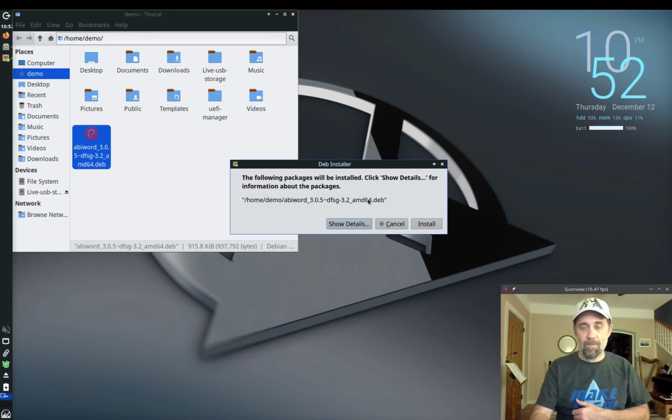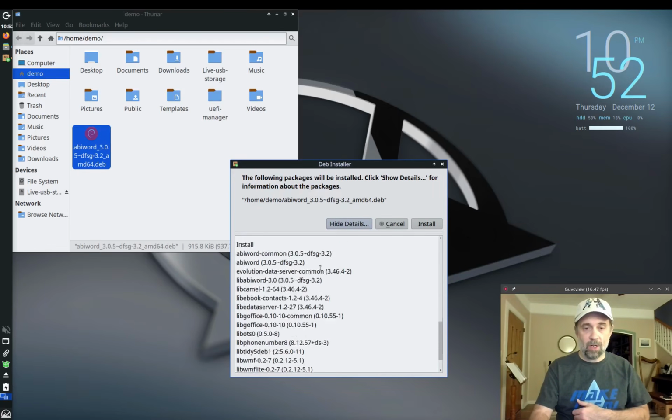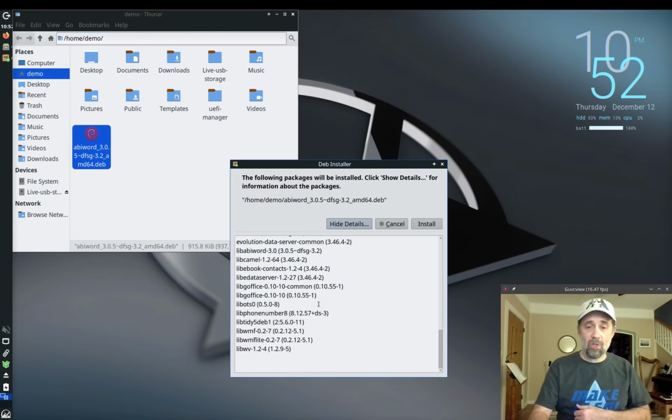It'll tell you what deb file is going to be installed. You click a button, and it's going to show you some details about the package and all the dependencies that are going to get installed as part of it. Occasionally you'll find an application that will remove some things during part of the install, and it will show that information too if it's there. And you click install,